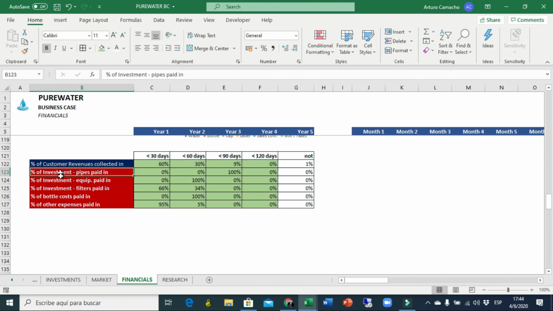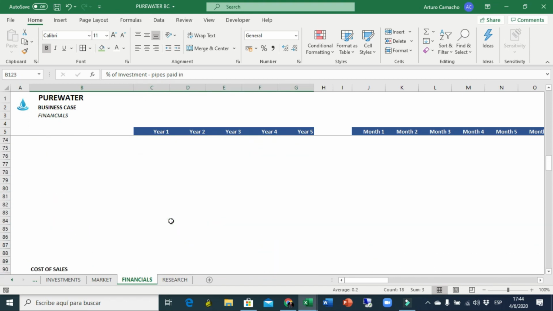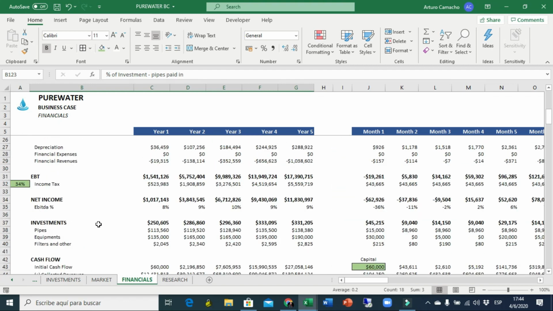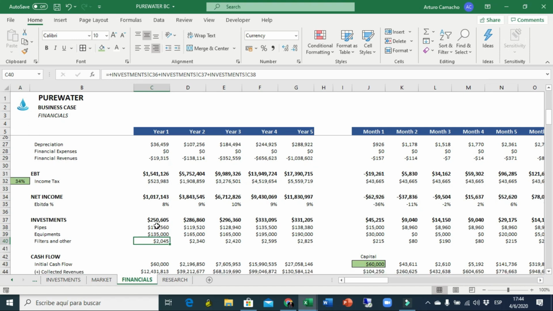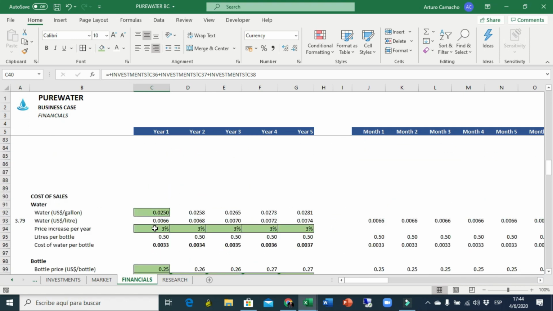And in terms of expenses and investments, as you see, I divided the investment in 3. Remember up here that I divided the investment in 3, right? Where equipments is the sum of the 3 equipments, pipes are just pipes, and filters are the sum of the 3 filters that I have in investments. So right here,